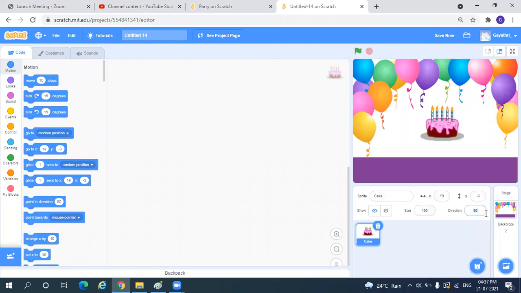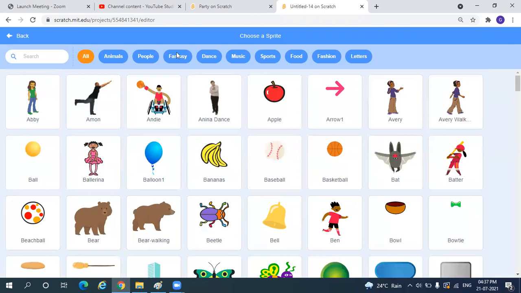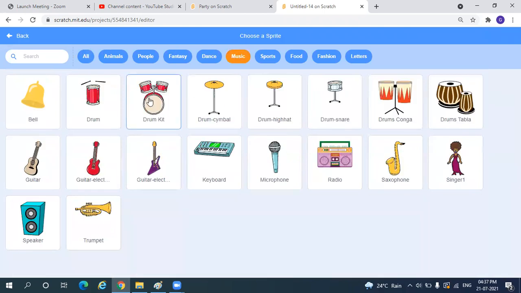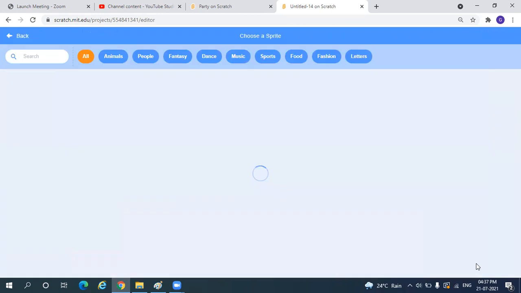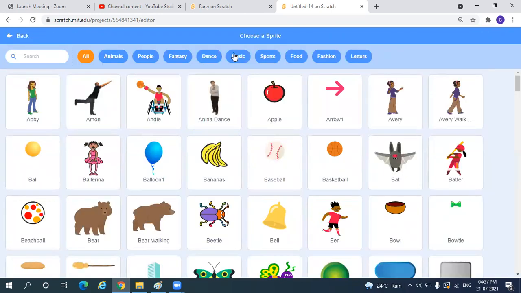Then we need some drums and musical instruments, right? For that, choose a sprite. Go to music. Select some drums and keyboard and piano.